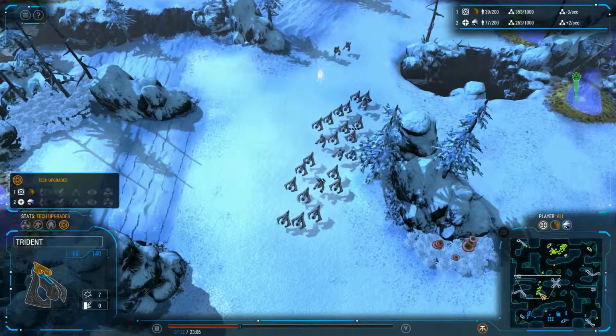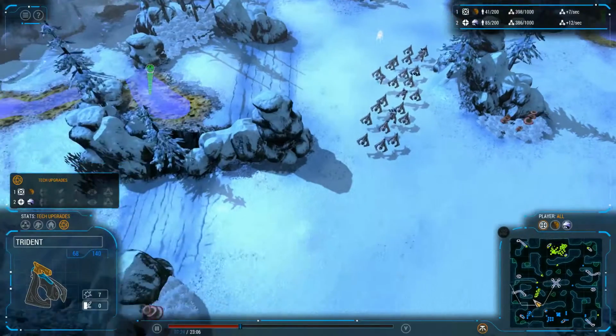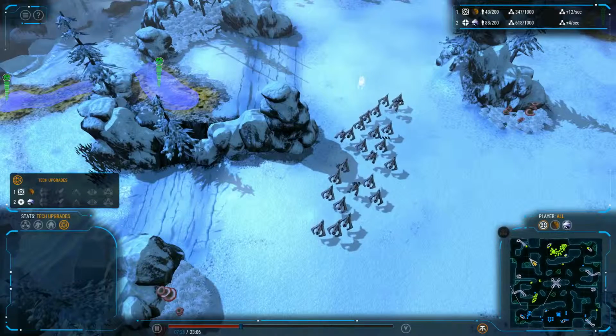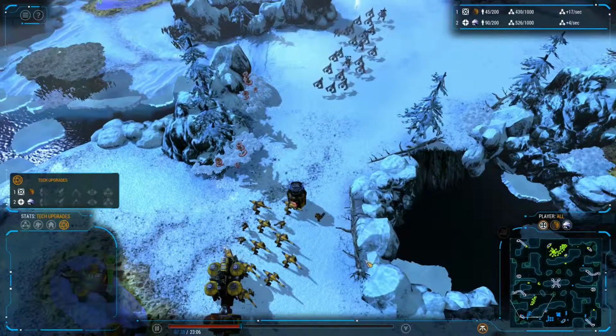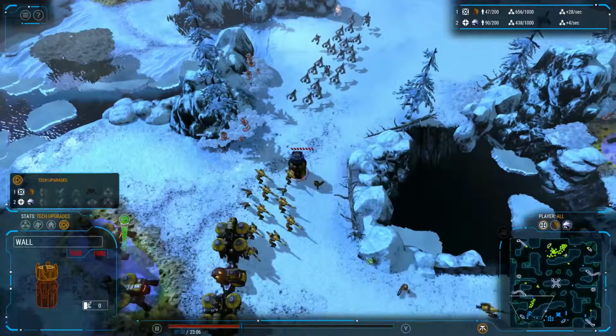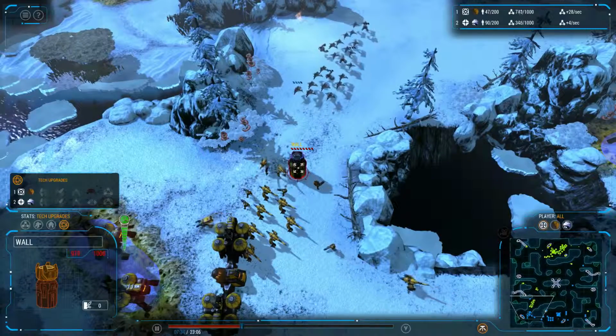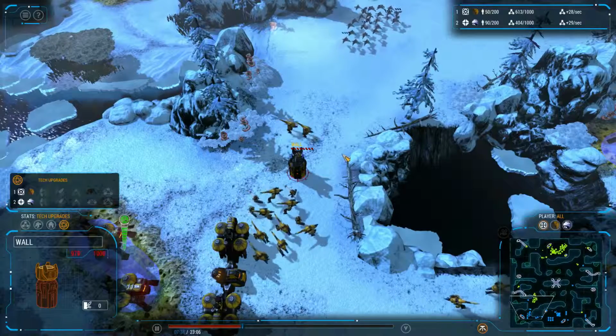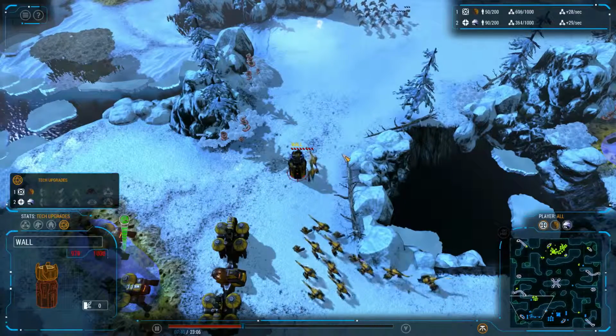Now we got a large attacking force of tridents with some revolvers. The Seeker is constantly trying to maintain vision of the backside. He needs to get Commando up there now. A wall segment would be pretty good with just a...